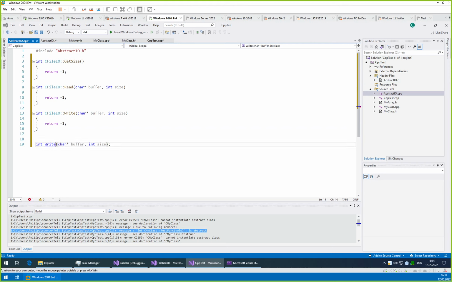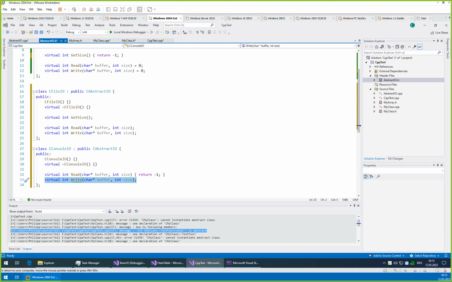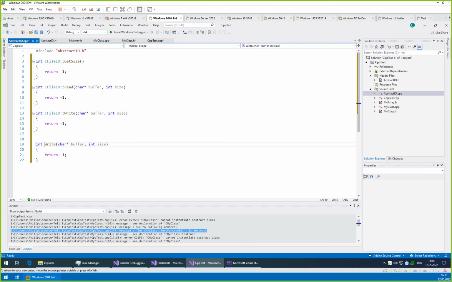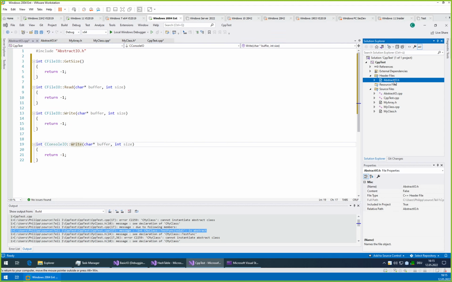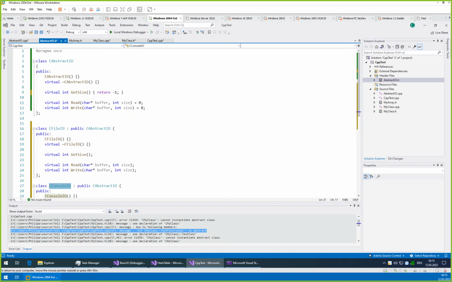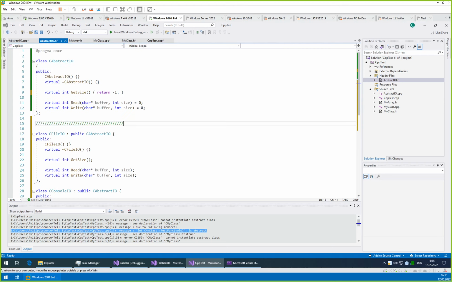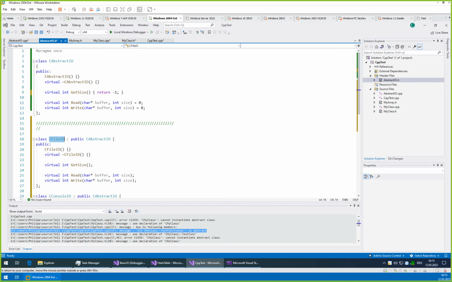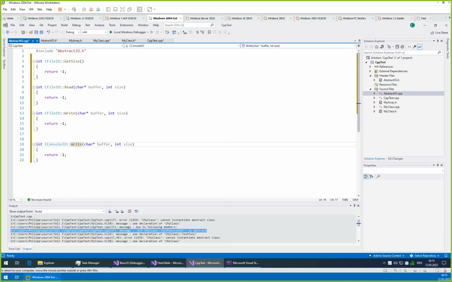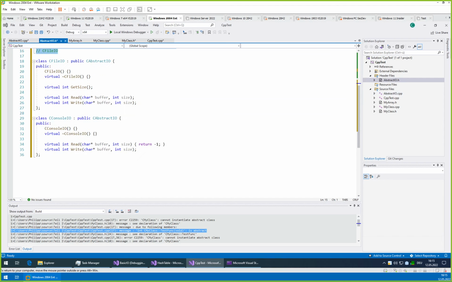And of course, if those start to become more complex, then putting all of them into the same file will be a huge mess, and you should ideally maybe have just an abstract IO.h without a CPP file, and then two pairs of files, a header and source file, for file IO and for console IO separately. But for now, let's just be lazy. For a better separation, we can just use comments. So let's make some nice comment. File IO, and console IO.